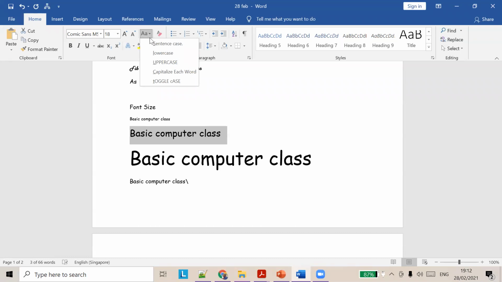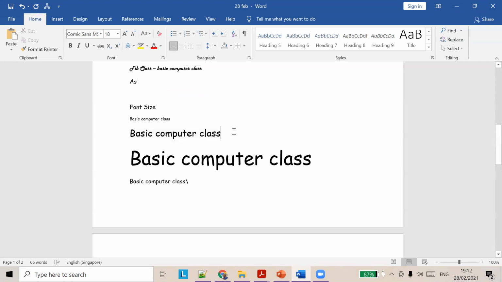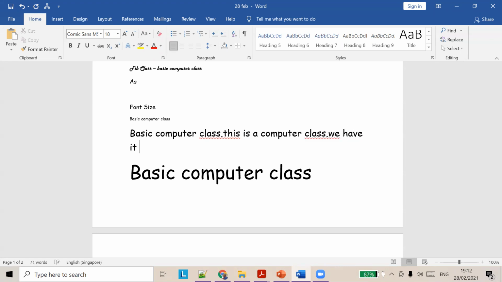If you have a sentence, you see this text? This is the start of a sentence, and this is also the start of a sentence.